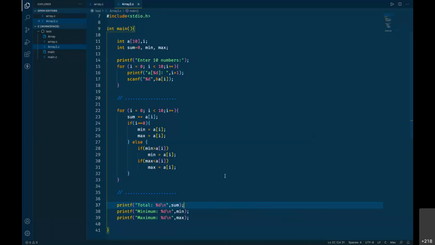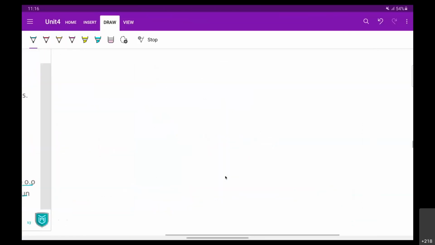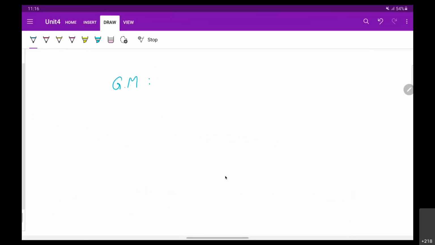Now, if I just want to tell you what will be the geometric mean and harmonic mean, then let's go to the place. Look, geometric mean is actually the calculation of your, let's say all the numbers are something like x1, x2, x3, x4, these are your values up to xn.